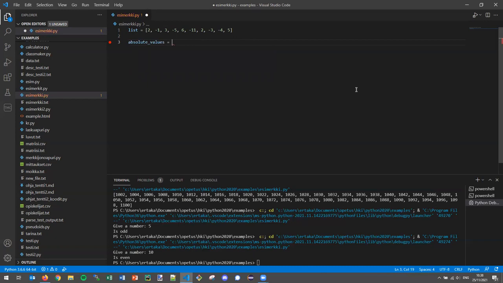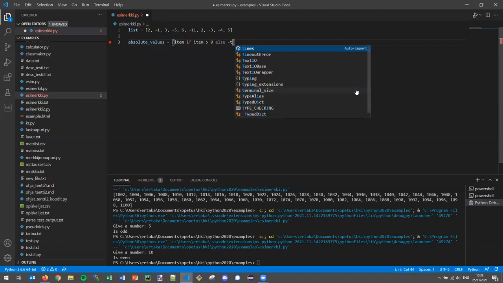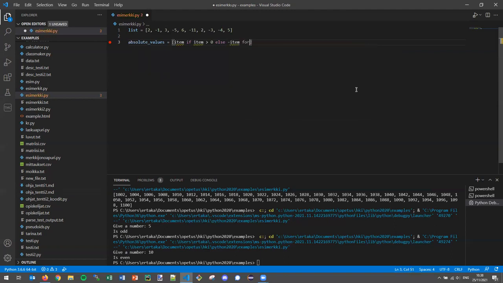For example, we could state that let's pick an item if item is larger than 0, and if it isn't, let's take the negative value of item, for all items in, we don't want to call it a list because that's